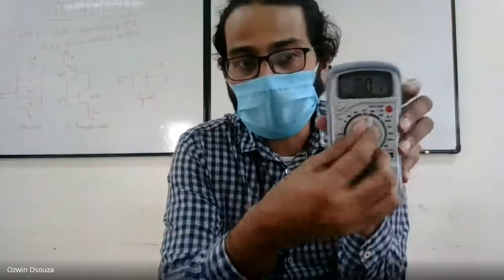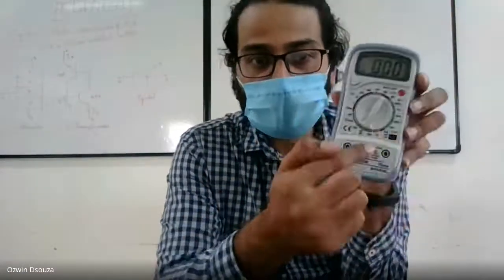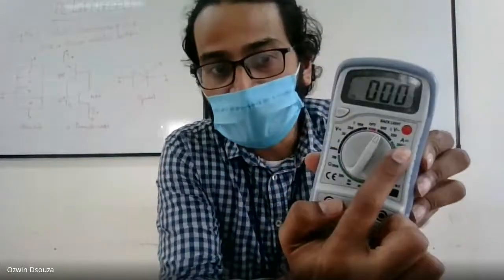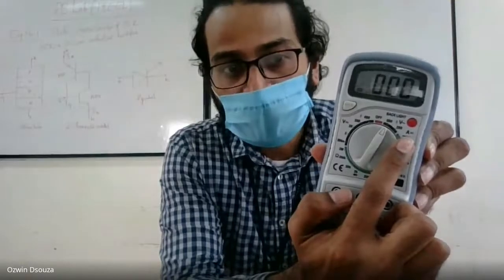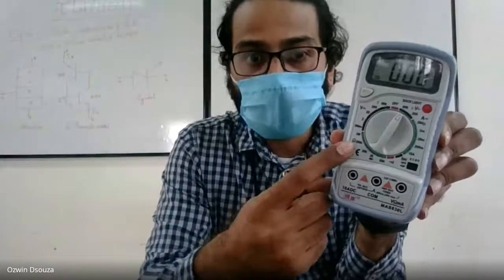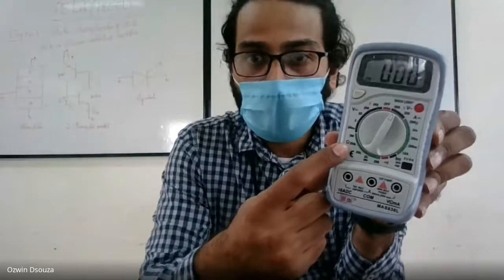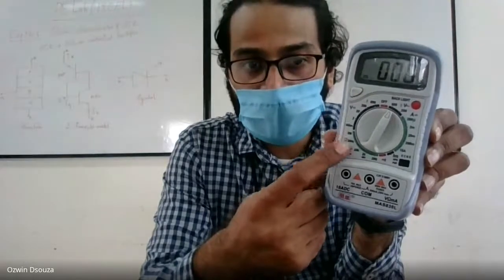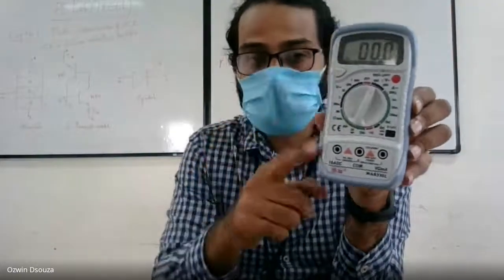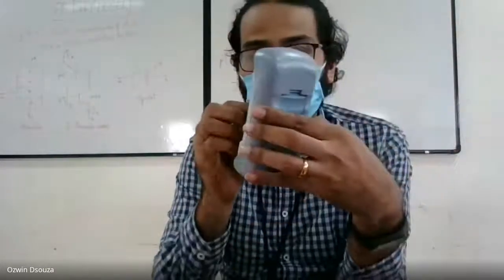And these are the measuring instruments we use in our lab. This instrument is called a multimeter. You can measure current, you can measure direct voltage, or you can measure alternating voltage. You can also measure resistance in a wide variety of scales, from a few ohms to tens of ohms to hundreds, kilo ohms, mega ohms, etc. So this is called a multimeter.